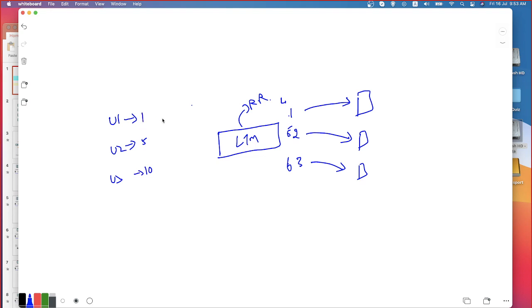Now what happens when the connections are forwarded to server 1, these are shorter connections; server 2 gets medium-size connections, where the duration is not as short; whereas connection number 3, which is given to server 3, is going to hold there for 10 minutes. Assuming that user 1 is initiating the first connection, user 2 the second, and user 3 the third, the connection here is 1 minute in length, here it's a 5 minute duration, whereas here it's 10 minutes.